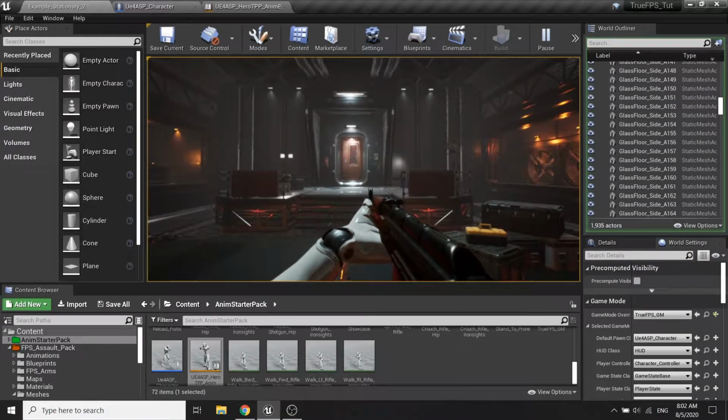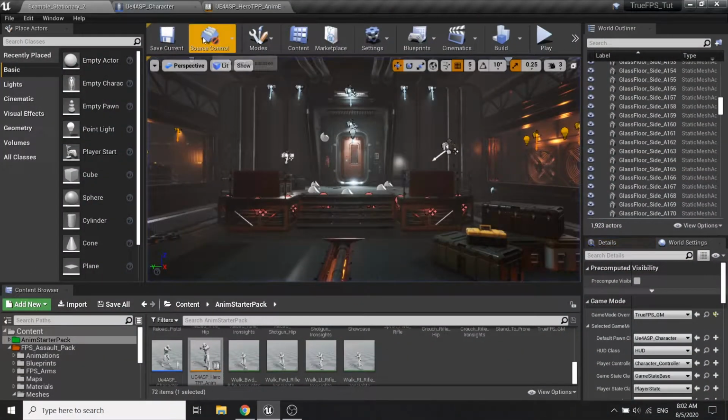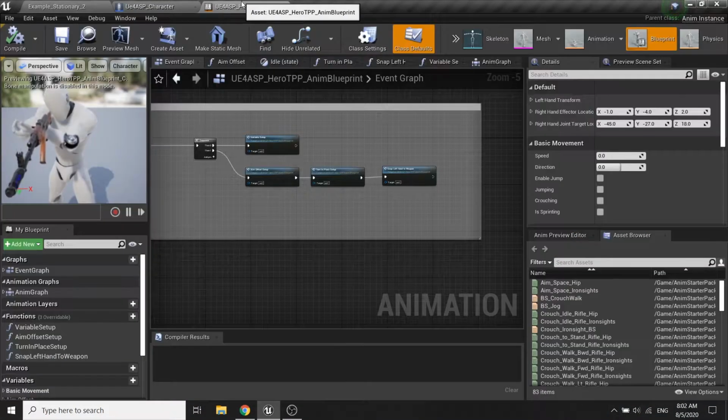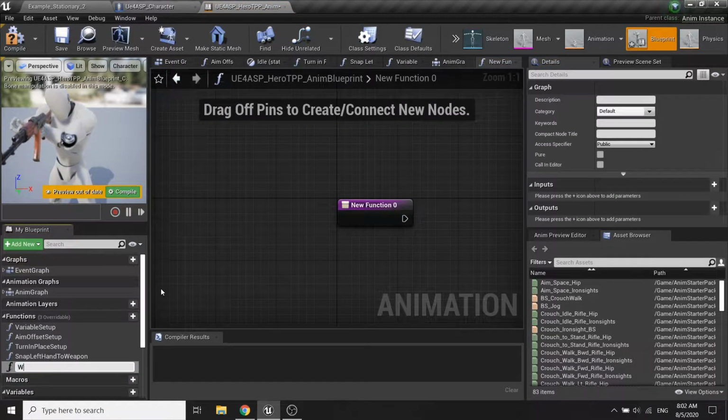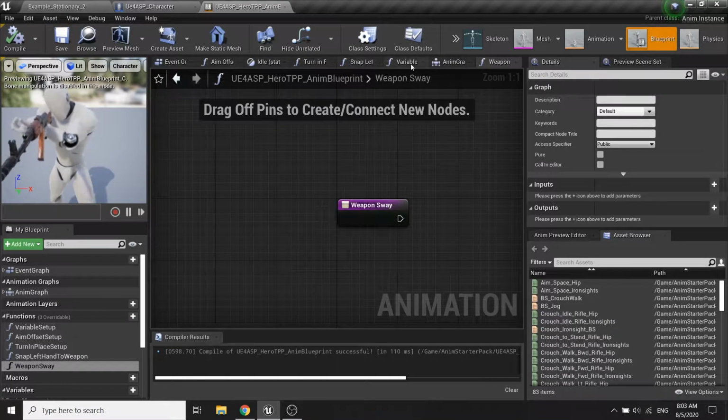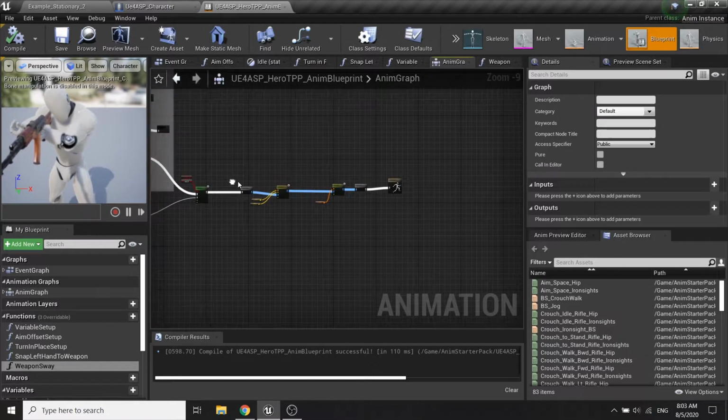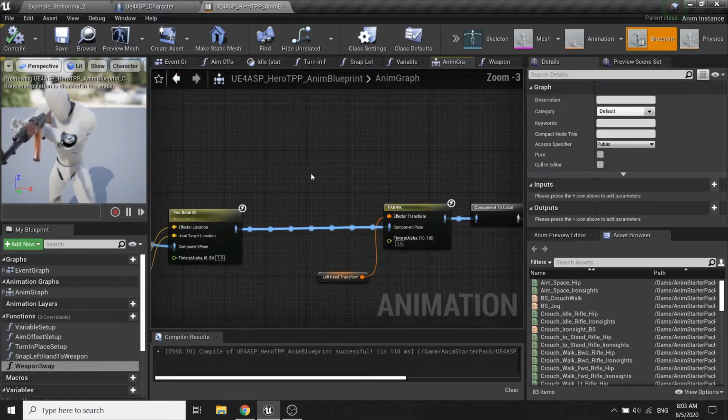Okay, alright. So in the character animation blueprint, I'm gonna create a new function and I will call it weapon sway. Compile, save, and in the event graph, in the animation graph,